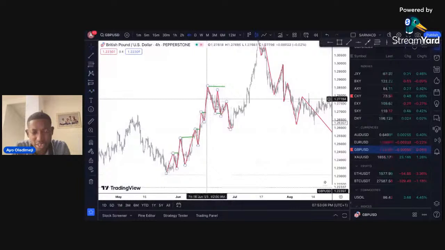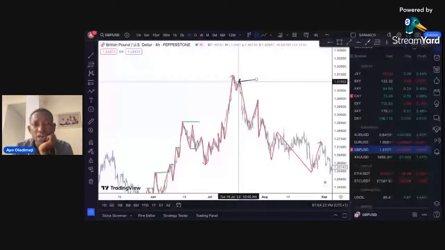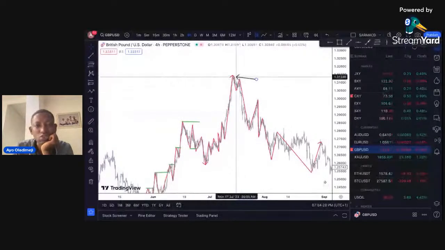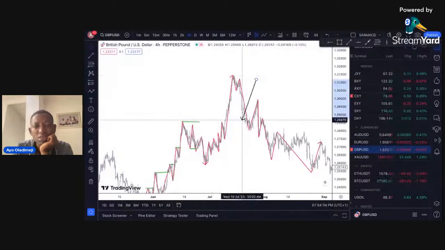But the trend really changed again here. By the time we got here, you see what happened, guys? By the time we got here, price gave us this higher high, gave us a higher low. This higher low is supposed to break this higher high to continue the uptrend. But instead, again, what did we have? We have a high that is lower than this higher. So this is now a high. Now this high went all the way here and gave us a low, okay?